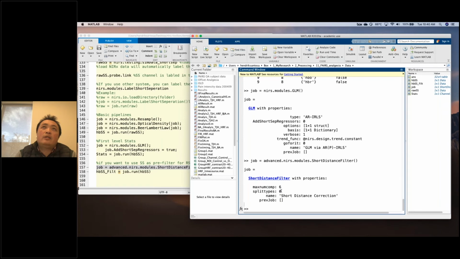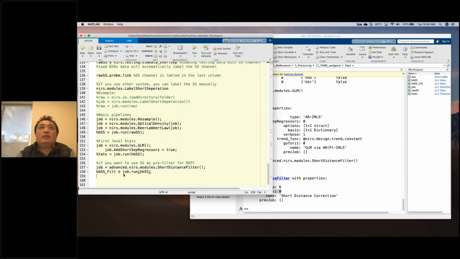You can select split type as false. It means no split. We use the oxyhemoglobin. That is the best one from the paper. But if you want to use only oxy and also only the deoxy, you can change this one to true. And then after that, you can run on the oxyhemoglobin.